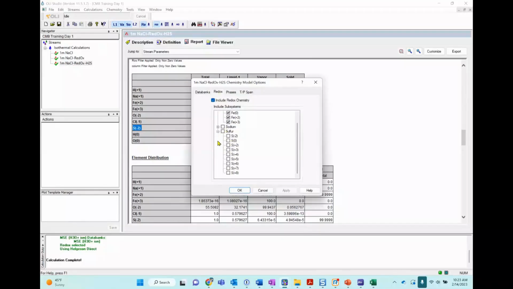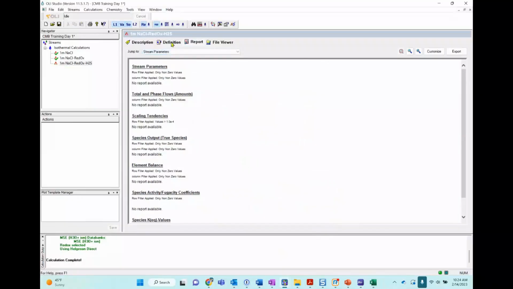We can expand it. So we have many more oxidation states. And maybe we want to just understand if we will have -2, 0, which are the default, right? We had -2, the default. Maybe we go to elemental sulfur. Maybe we will have +2 and +4. I don't know, but you have these options here to include them in the calculation. And then you click OK.